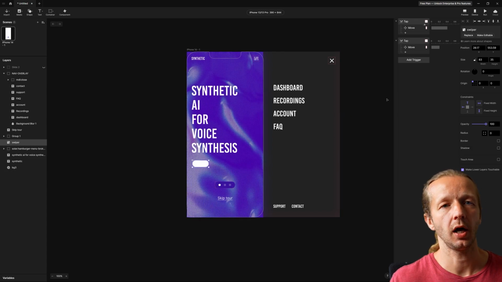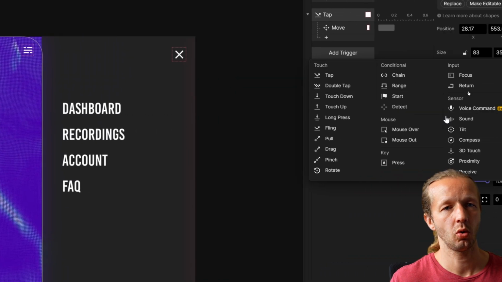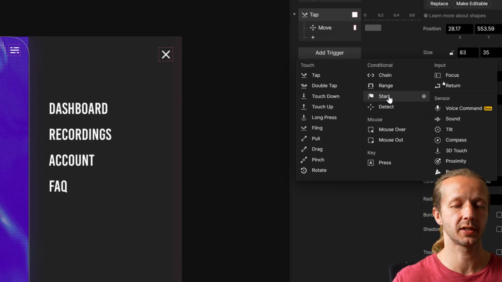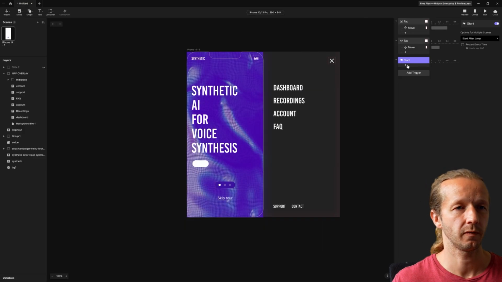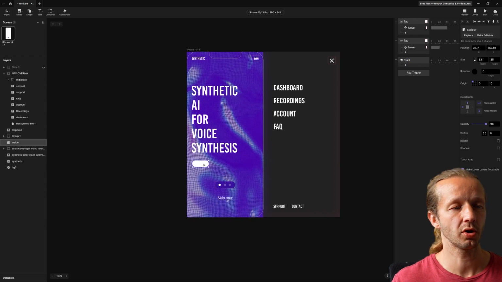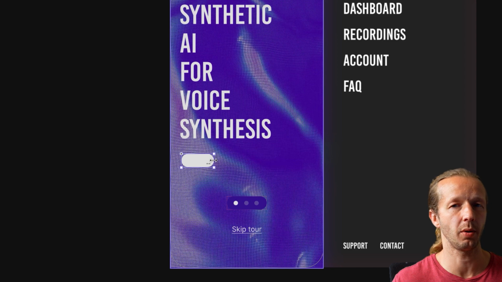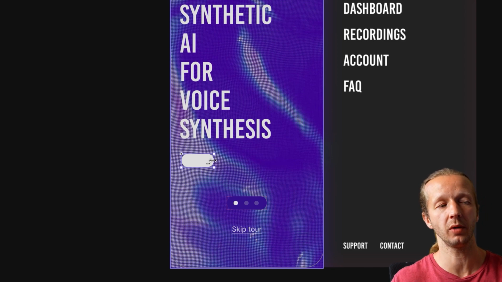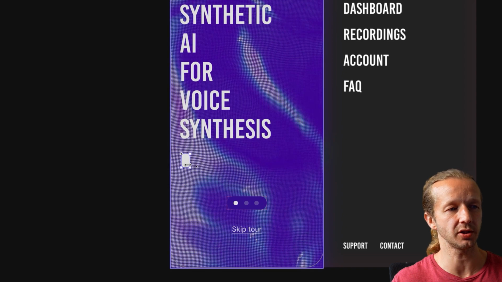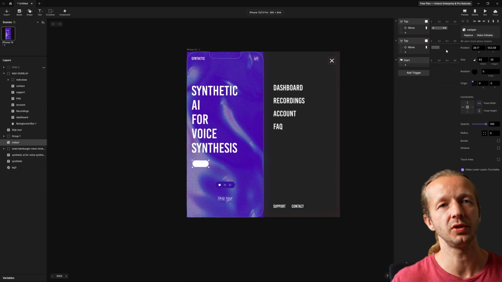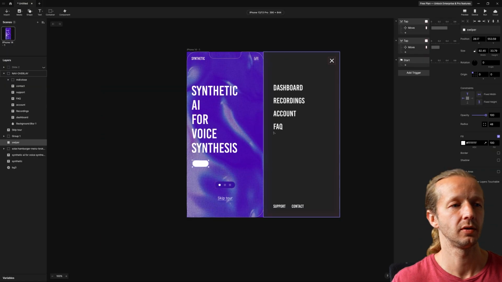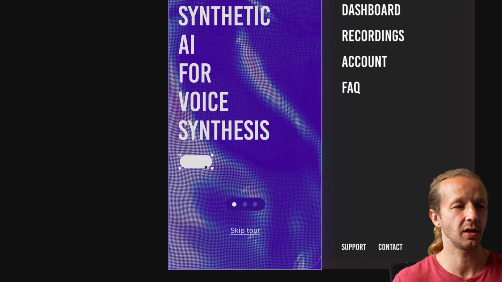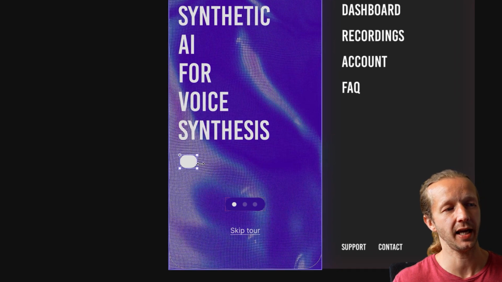And in order to do that, what we want to do is go ahead and add a trigger. The trigger will be a start. So that means, once this app loads or this prototype loads, right on start, that's going to be the trigger. So we click start, and then what do we want to do? For us, we want to scale it. So in order to scale this properly, if we try to scale it out of the box, because this particular element was made in Figma, if we do this, we're going to get squashed edges, and we don't want that. So when that happens, we simply click up here, Make Editable. Not like editable like eat it, but something that you can edit like this,